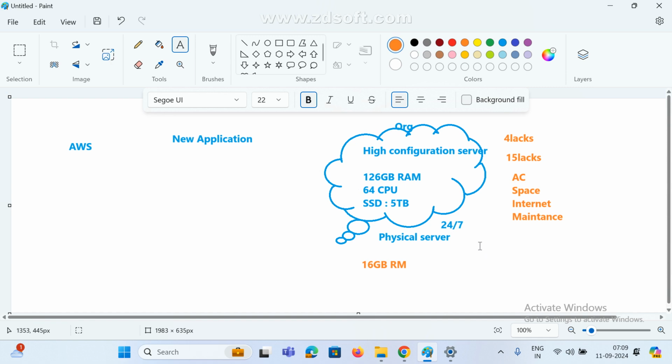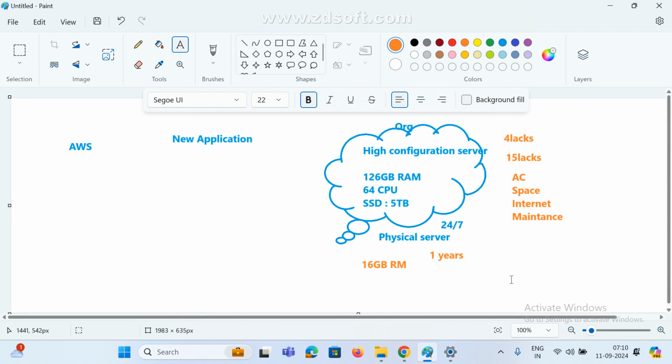Clear? In the same way, I need one server with the same configuration, but I don't want to buy it. I need this server for only 6 months. Just assume these 3 servers, I need them for only 1 year. For 1 year we cannot spend this much amount, it's a waste, right? I'm going to deploy my application for 1 year, and I need this much configuration and 3 servers. If you want to buy, how much amount do we need to spend, and what about maintenance, internet, and so on, a lot of things are involved here.